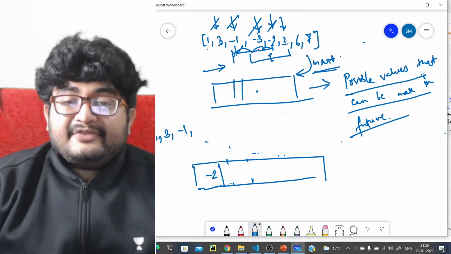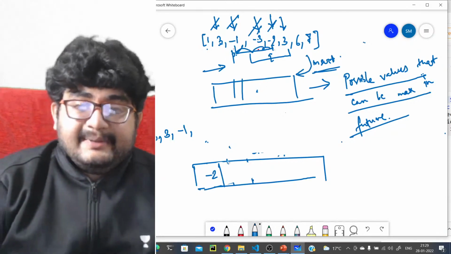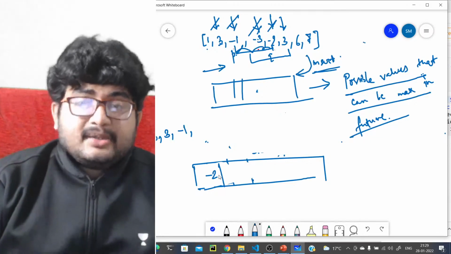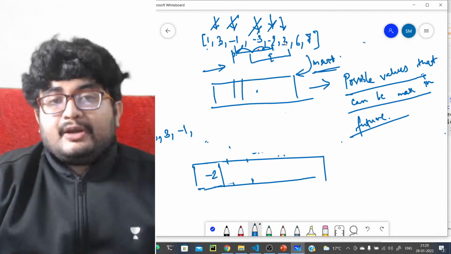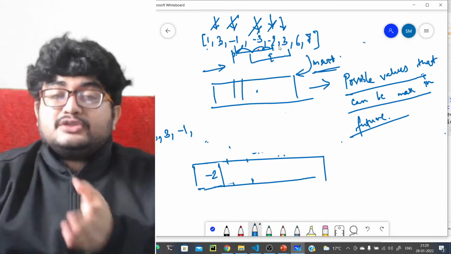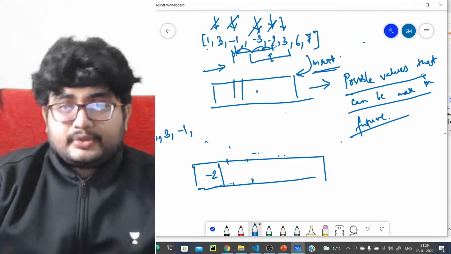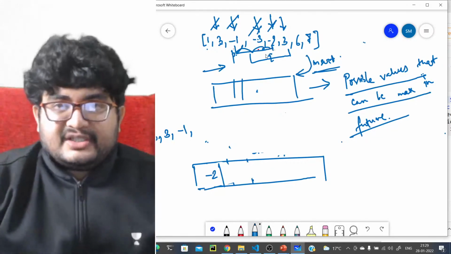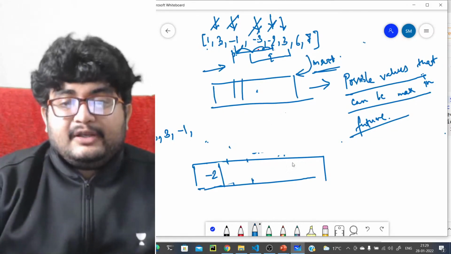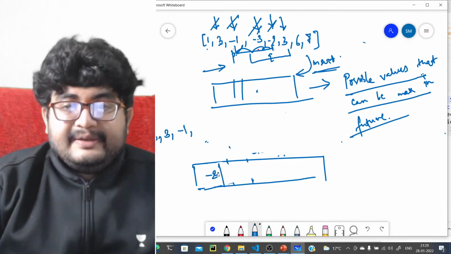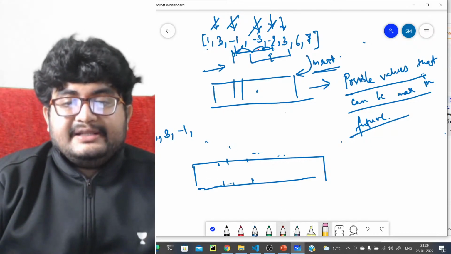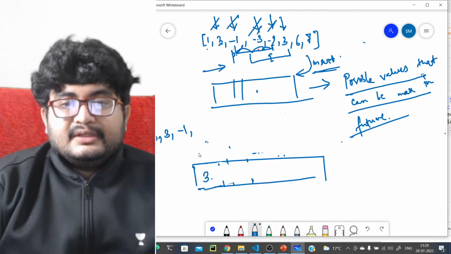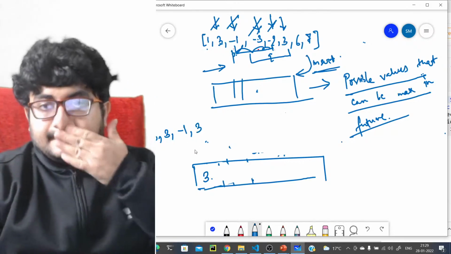Okay. Now we have 3. Is the incoming element 3 greater than -2? Yes. So -2 can never be the maximum again, because we have 3 already in the current window. In the future windows also 3 will be there, as long as -2 is there, and -2 will be removed first from the window. So definitely 3 will always be the maximum in such windows. So we'll remove -2 from this DQ and we'll insert 3. The answer will be 3 for the next window.